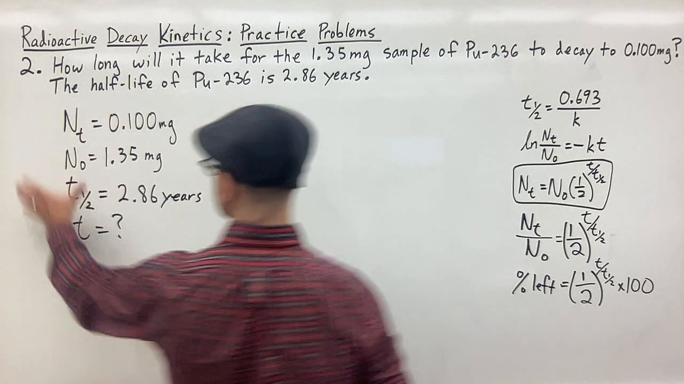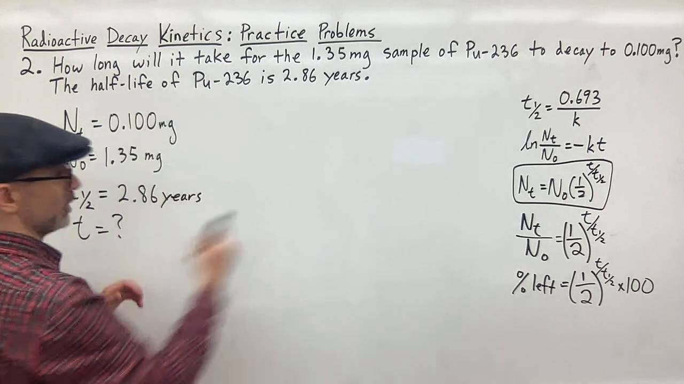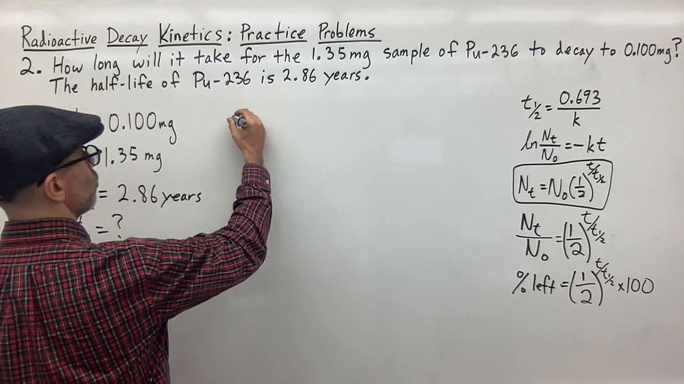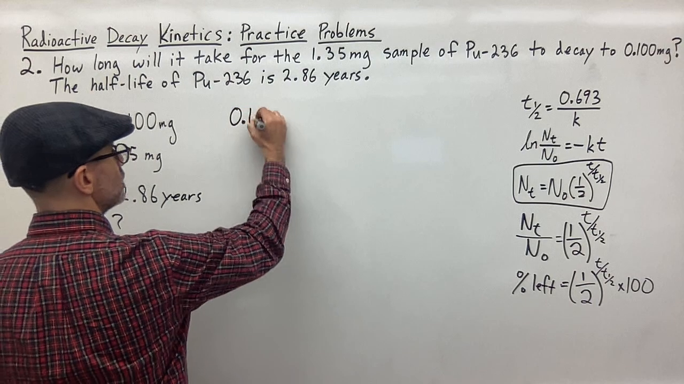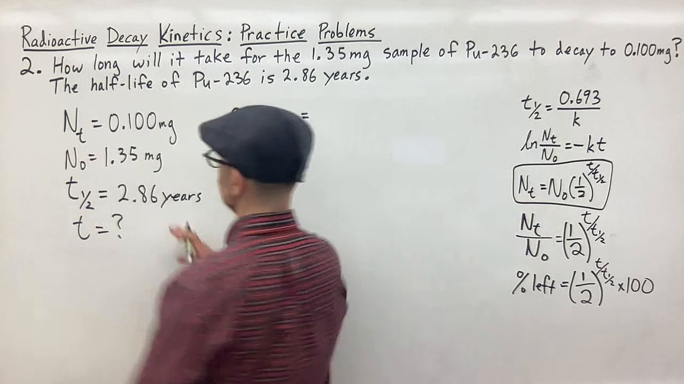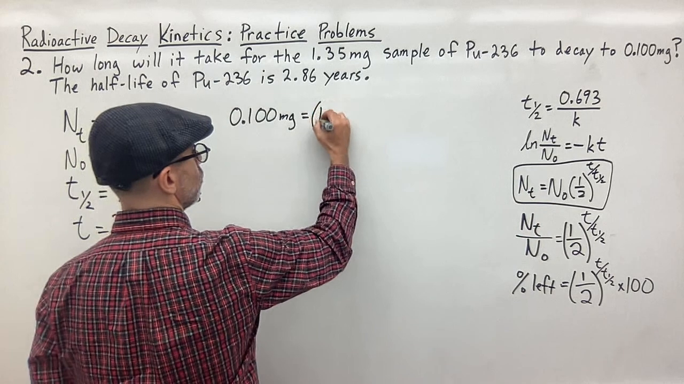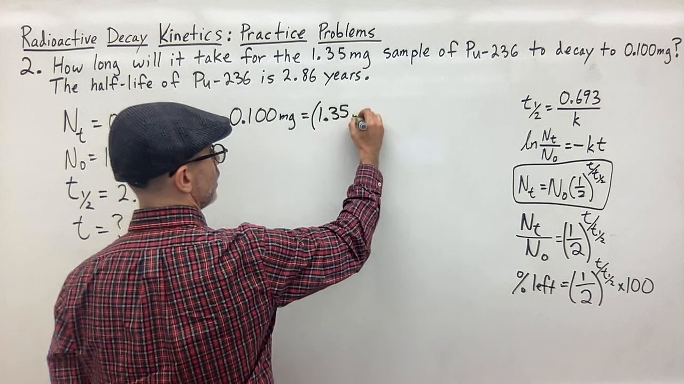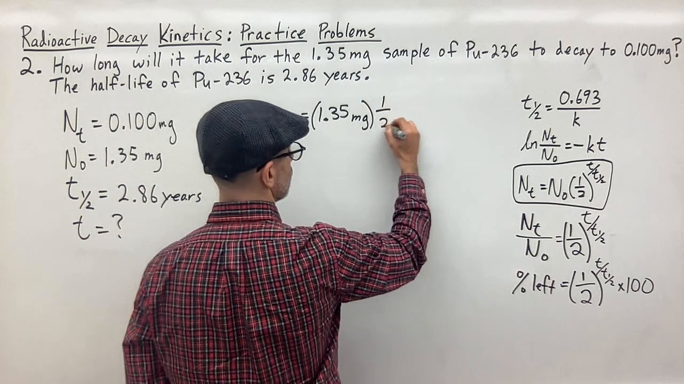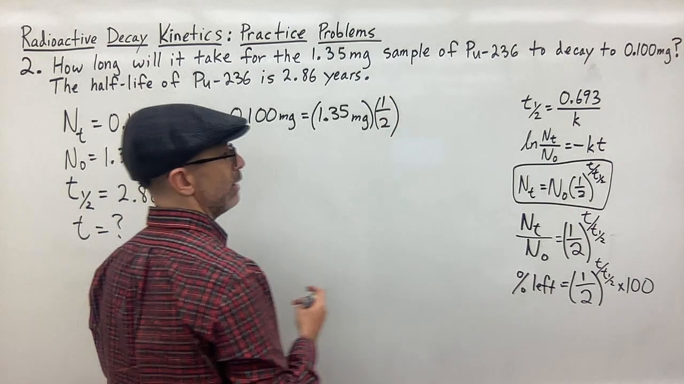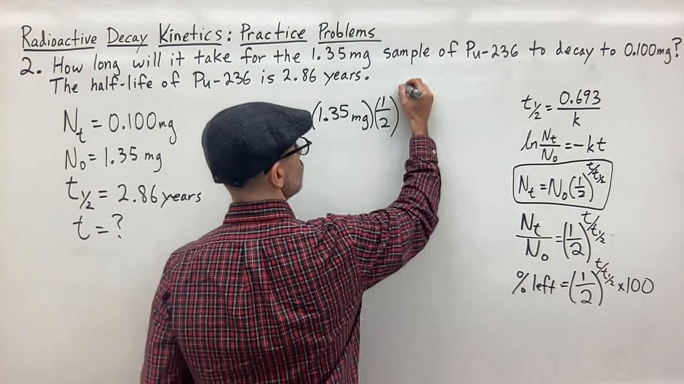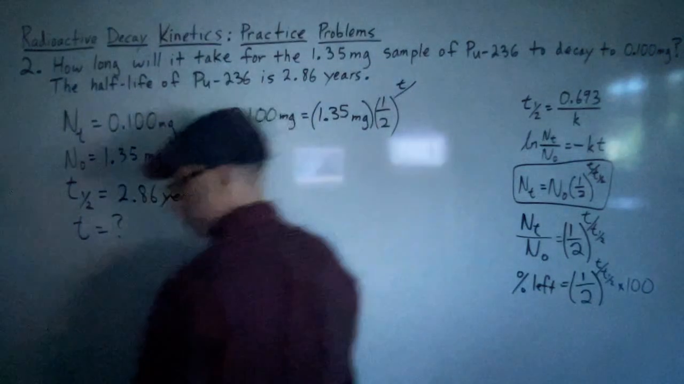So now we just plug everything into our equation. N_t, which is 0.100 milligrams, is equal to N naught, which is 1.35 milligrams, multiplied by 1/2 raised to the fractional amount here. So we have t, which is what we're trying to find, divided by